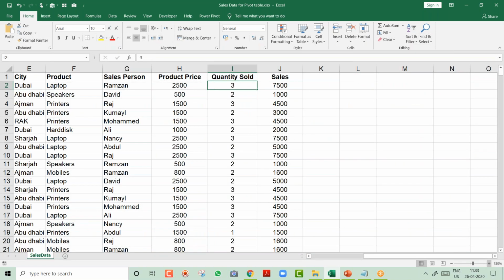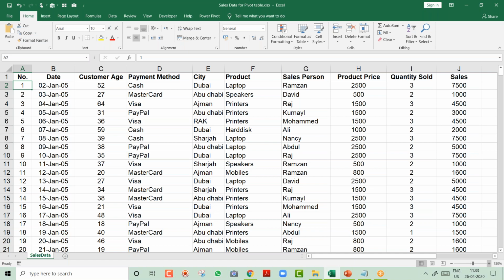I have how many quantity was sold, and here there is a very simple formula, this times this, which gives me the sales amount. So this is a very nice and simple database to actually understand how the pivot table works and how we create a dashboard. Okay, now let's get started.